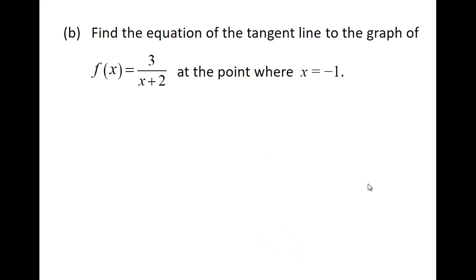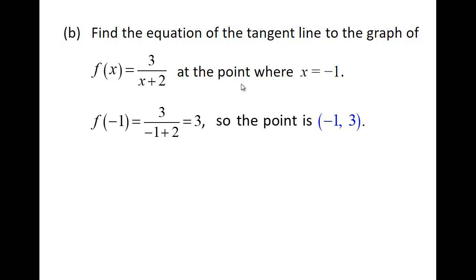So let's now say that we want to find the equation of the tangent line to the graph of this function at the point where x is negative 1. So what is that point? Well, when x is negative 1, what's the y value? It's going to be 3 over negative 1 plus 2, which is 3. So we want to find the equation of the tangent line to the graph of the function at the point negative 1 comma 3. And so we know that the slope would be given by the derivative at x equals